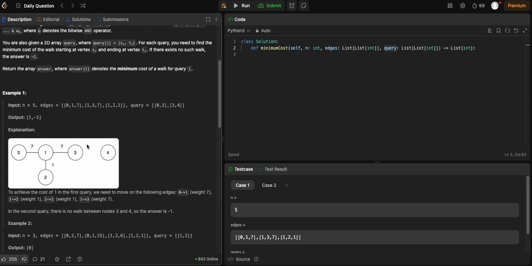Then we just can't work there, so we just return -1. Yeah, so I think we need a way to store all the connected components, and then we need a way to get all the edges of that component, and we want to store like the AND thing for it. So what we can do is we have groups. So this is going to be like for node I, which group, so which connected component does